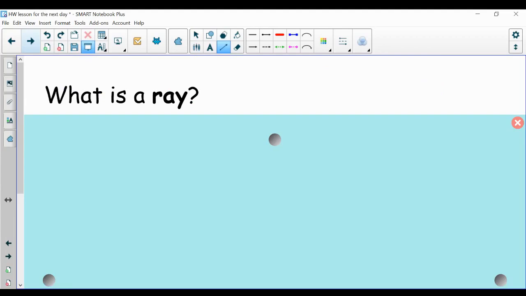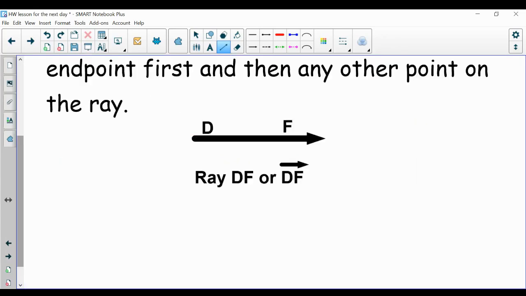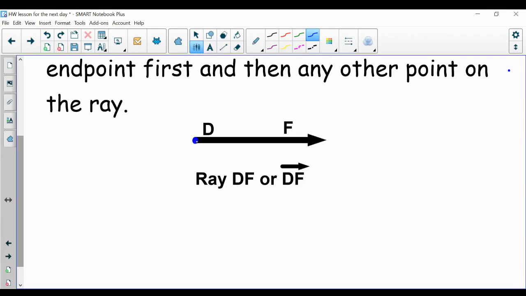Next one, a ray. So what's a ray? A ray looks like a line, but is different from a line. It has one endpoint and goes in one direction. Okay, so here is the picture. Please draw the picture. You can pause anytime and draw the picture. So a ray has one endpoint at D, and it keeps going in the F direction. So we begin with D to F. So we call it ray DF. Remember where it begins and where it goes. So for this one, the order matters. Okay, if you want to use the symbol,